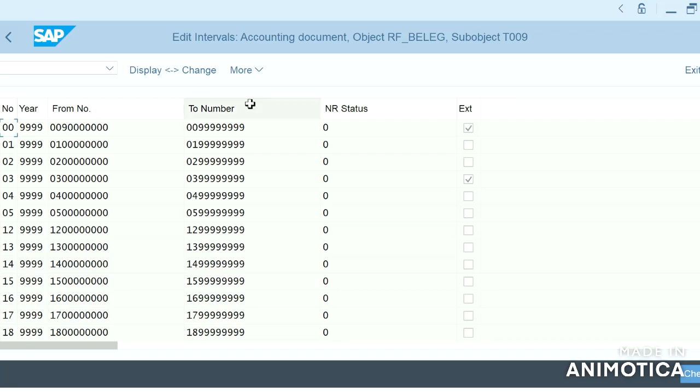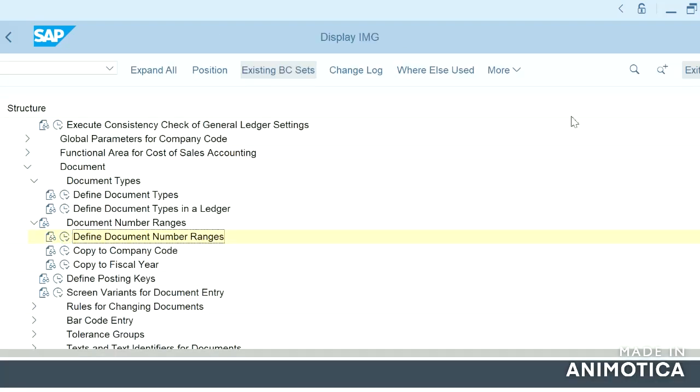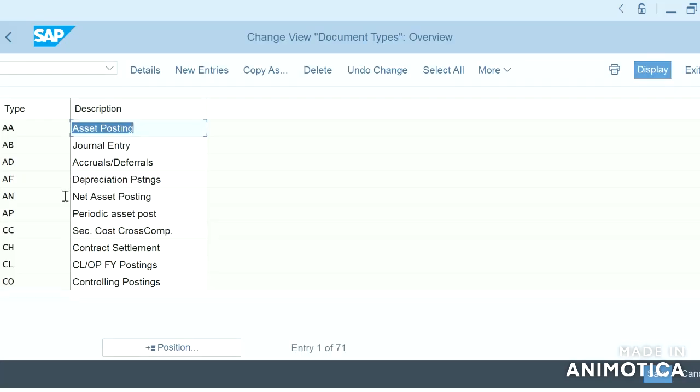We have seen that the number ranges are dependent on company code, but the document types are at client level.